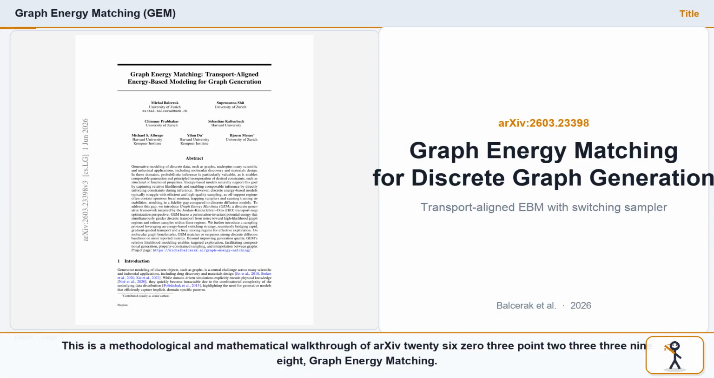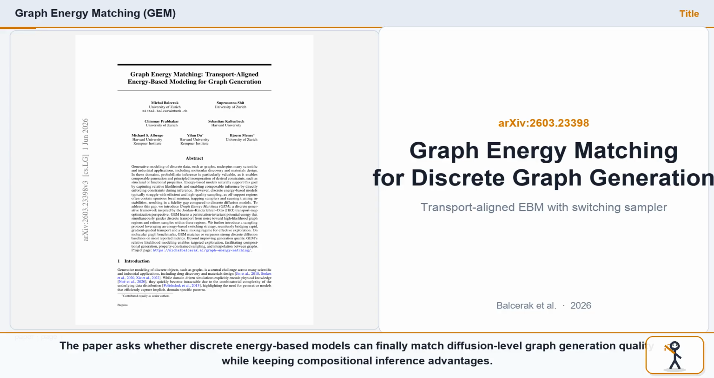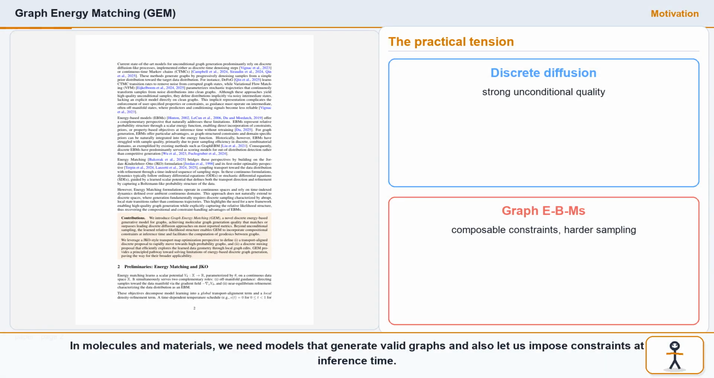This is a methodological and mathematical walkthrough of arXiv 26.03.23398, graph energy matching. The paper asks whether discrete energy-based models can finally match diffusion-level graph generation quality while keeping compositional inference advantages. In molecules and materials, we need models that generate valid graphs and also let us impose constraints